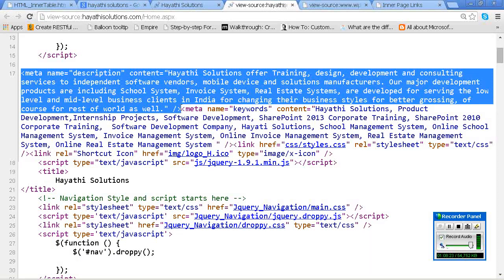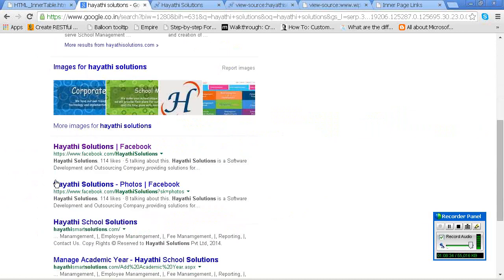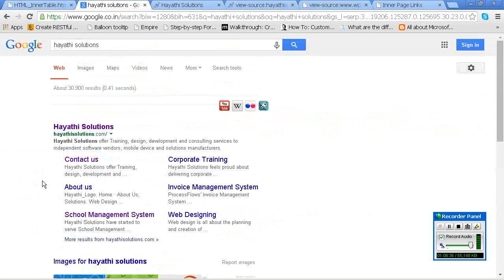How does it come in? Because of this command. If you are not using a description, that's it. If you search only HirePick solution, the title will come, the link will come. Are you understanding? Title will come, link will come. That's it, nothing else will come. Then I am getting these many pages, right? These are the pages which have more search, related to that.